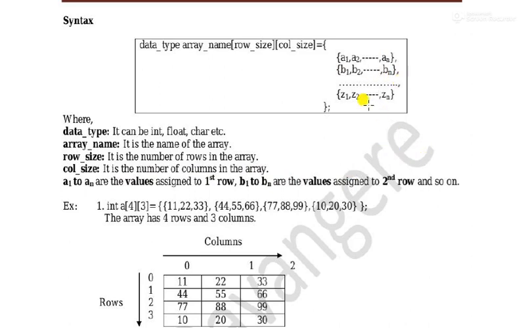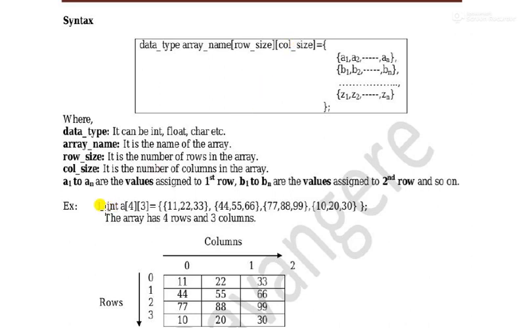So you can assign any number of values, and it depends on the size of the row. These values also should not exceed the row size. It should be less than or equal to the row size. And then the column numbers also: in each row you have to enter the specified number of columns. It may be less than or equal to the column size, then it will accept it, but not more than the column size.